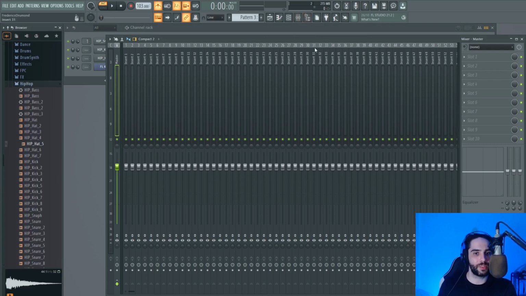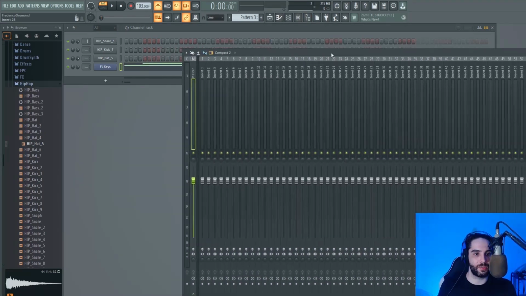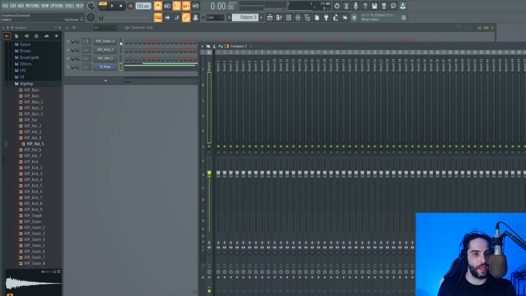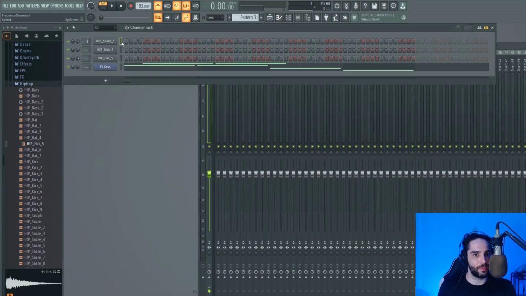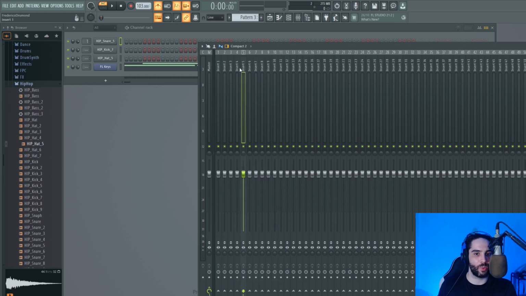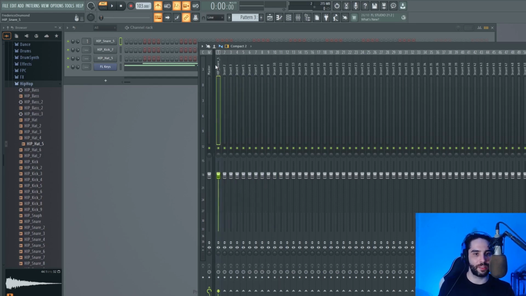So how will we put these stuffs on the mixer? We need the mixer right here. And I can click on the instrument that I want. So I'm here on the snare, and I will click on the channel that I want to put on the mixer, and then I'll press Ctrl L. So right now the name snare is right here, and if we give it a play,